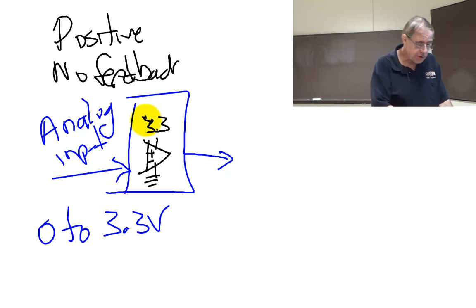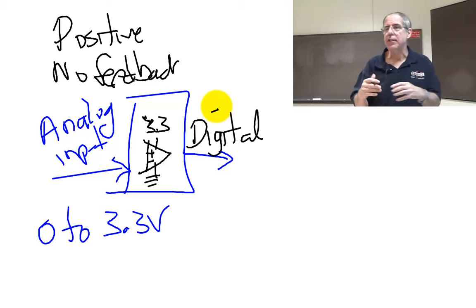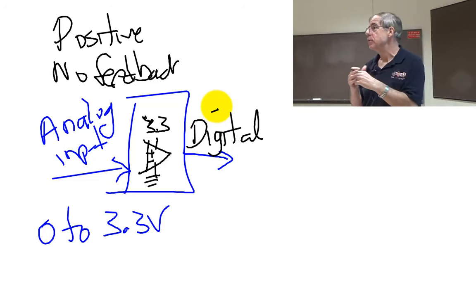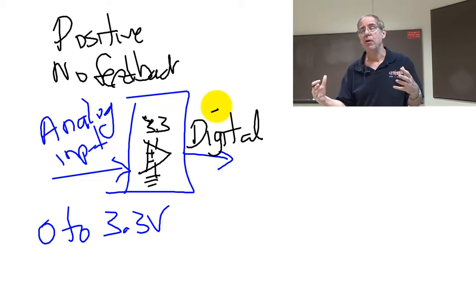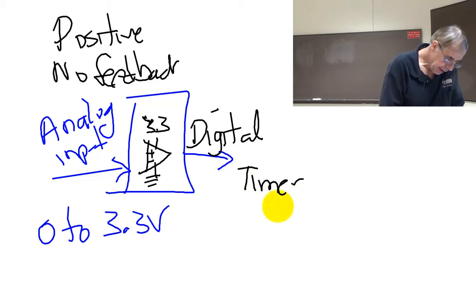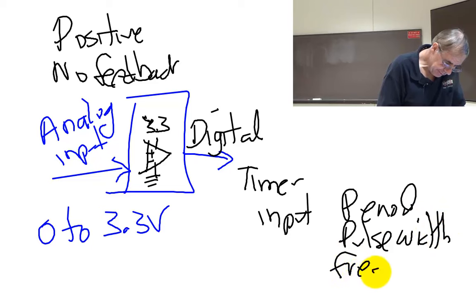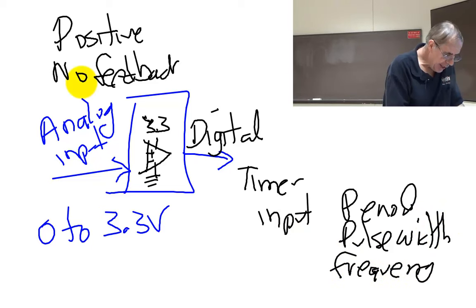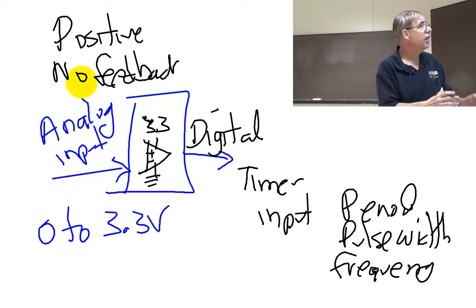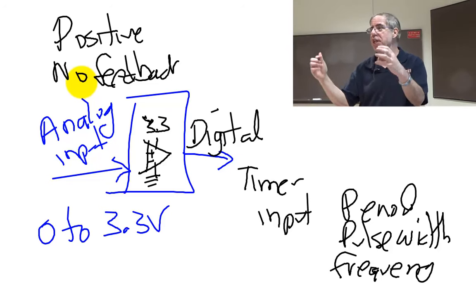It's digital, right? So what I just created was a class of circuits that fit into analog inputs and digital outputs. Okay? So what we're going to use this for, we're going to connect this up to our timer and use input capture to measure period or pulse width or frequency, and have a signal that exists over here that can vary in amplitude, but create an output which is digitally